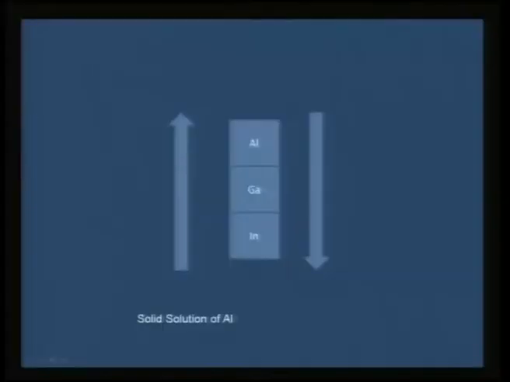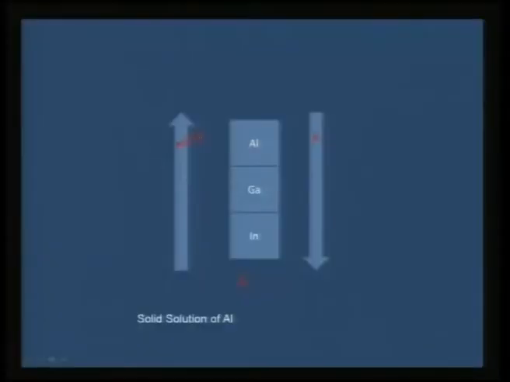So as a result, now we need to look at 2 things. One, PL efficiency goes down as you go down the group, and the mobility of the charge carriers goes down as you go up the series. So you need a compromise. As a result, one can go for a solid solution which will have both PL and mobility values in a compromising ratio, and for this reason we can try to prepare these complexes.